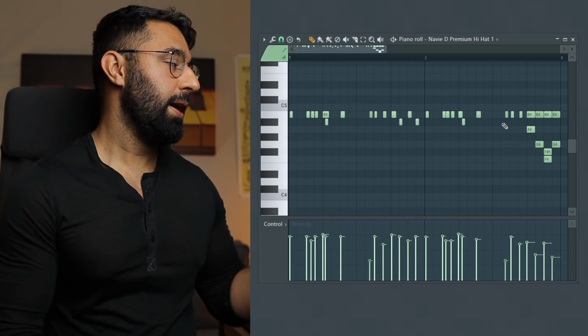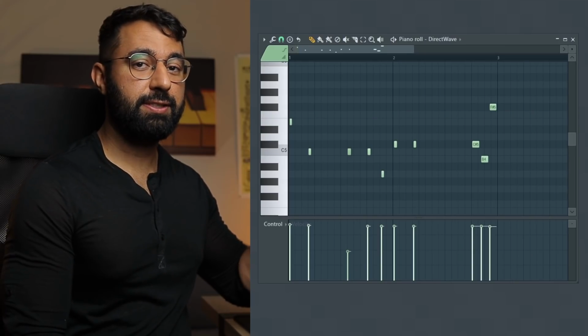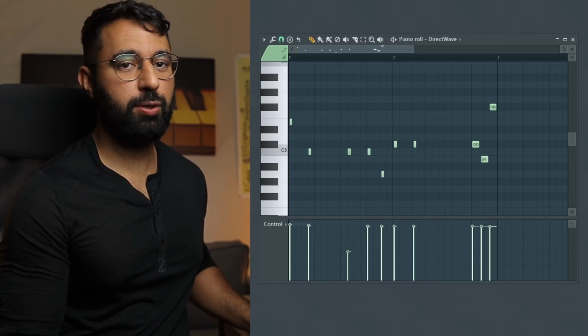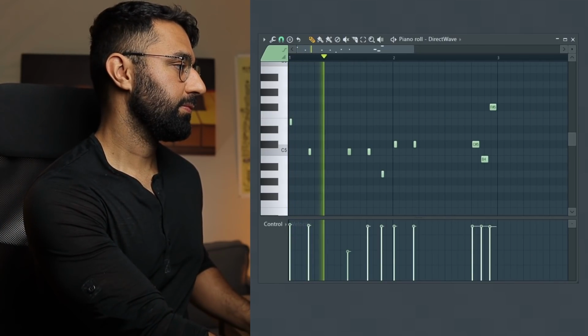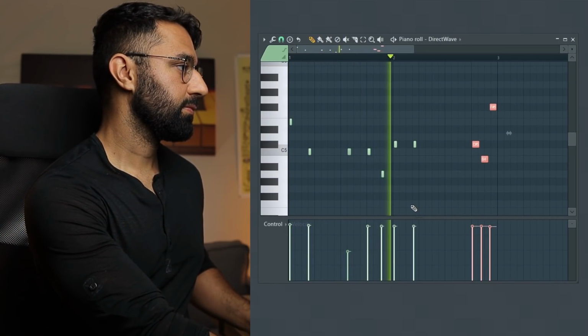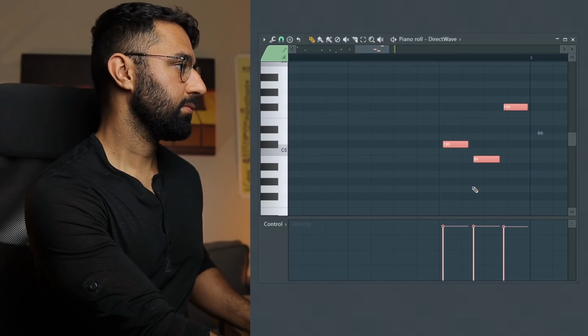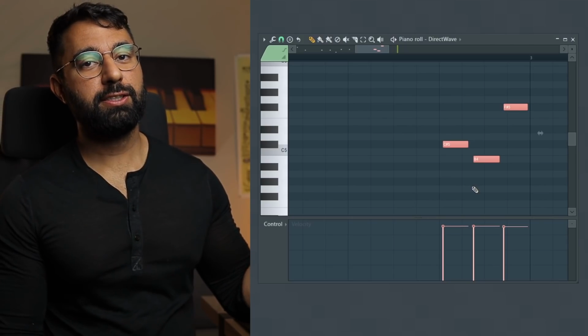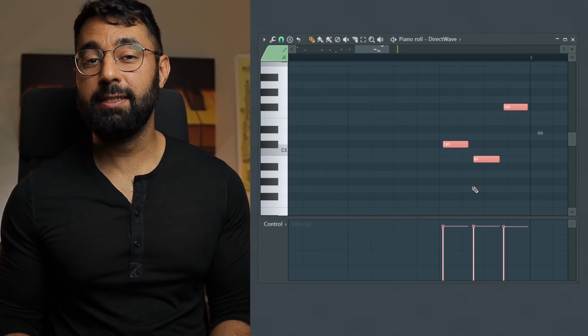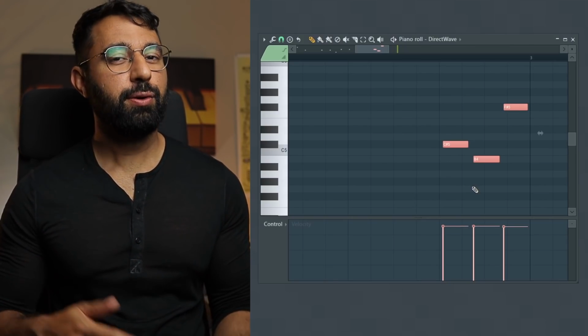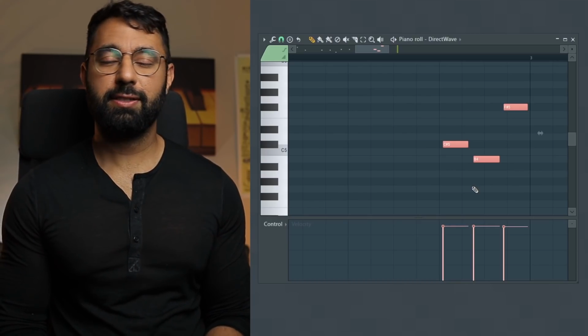Even with my 808 pattern that I've built here, you can see I have a section in my pattern where I switch up to a triplet rhythm. Not only that, Kenny Beats will also include multiple percussive elements in his beats oftentimes to, again, just go that extra distance with the rhythmic layers in his beats.